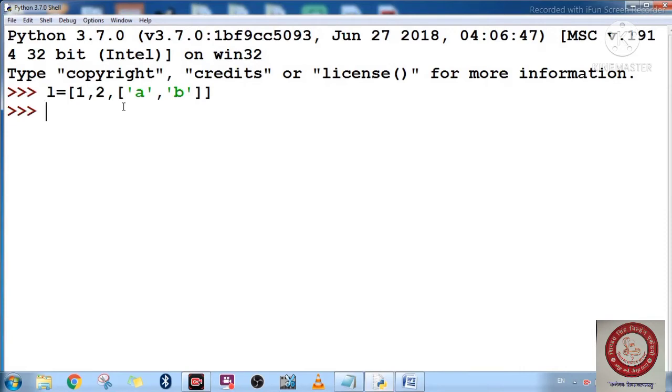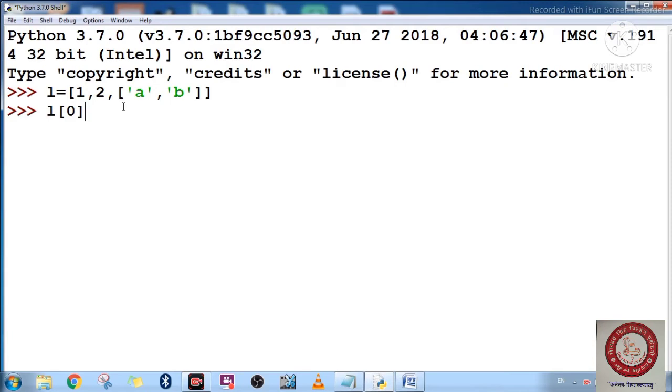If you have elements in the list here, then how many elements are there in this list? Maybe your answer is 4, maybe your answer is 3. But according to this list only 3 elements are there. Let's take an example here. This is the first one, because you know that the indexing always starts from 0, and this is the forward indexing. If you want to use the backward indexing, it always starts from -1, -2, like this. And you have to skip the last one.